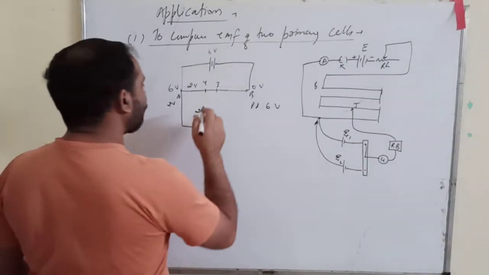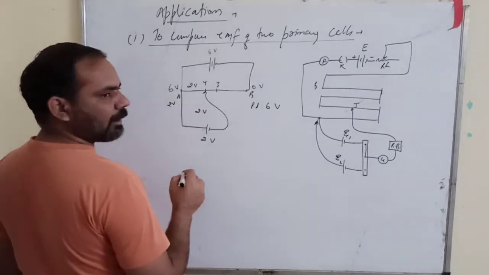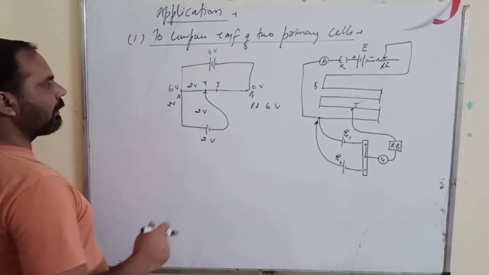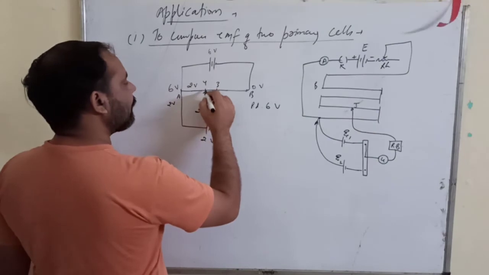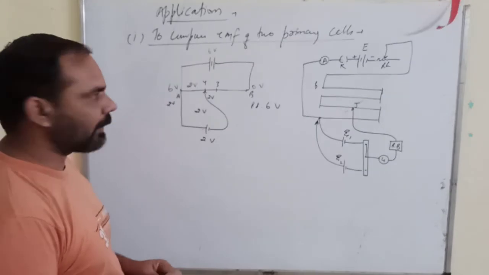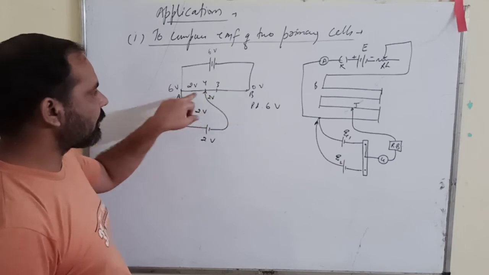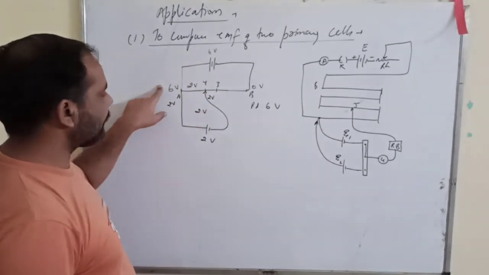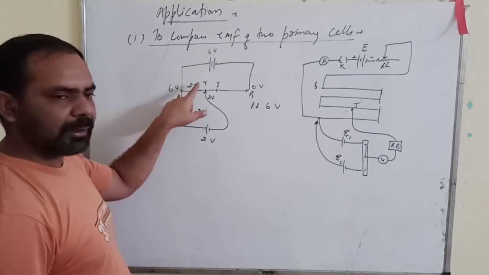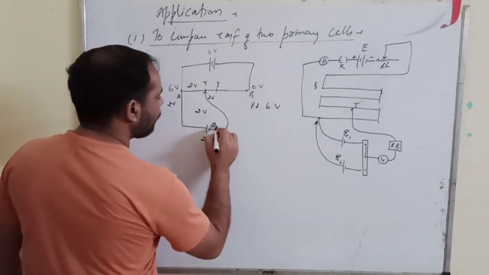Correct? So if the drop is 2 volt, then when you touch the jockey at this point, how much is the potential drop due to this cell? It is 2 volt. It means that now this end is at a drop of 2 volt. According to this wire, the current flowing through this wire is of the driver battery. This is 6 volt, this is 4 volt, and the drop from this point to this point is 2 volt. Now when you touch the jockey here, this end comes at 2 volt.